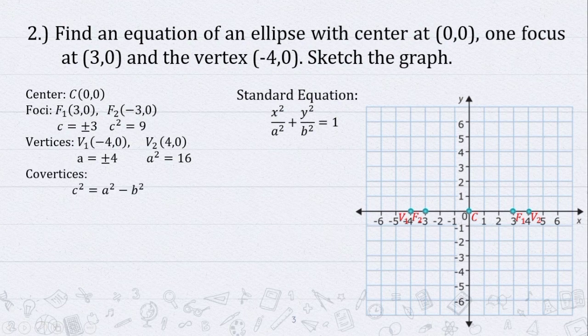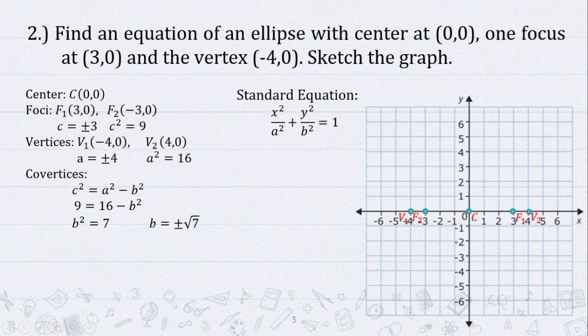Now to get our b squared, or the distance from the center going to our covertices, we will be using the same formula. C squared is equal to a squared minus b squared. Substituting the values, we have here 9 is equal to 16 minus b squared. Therefore, our b squared here is equal to 7,